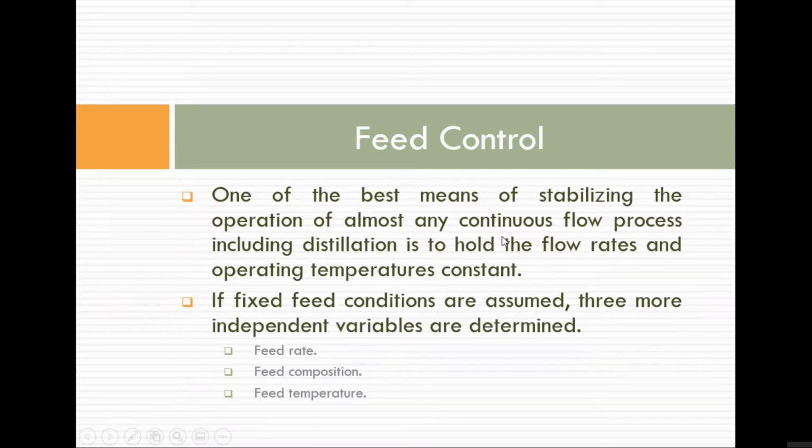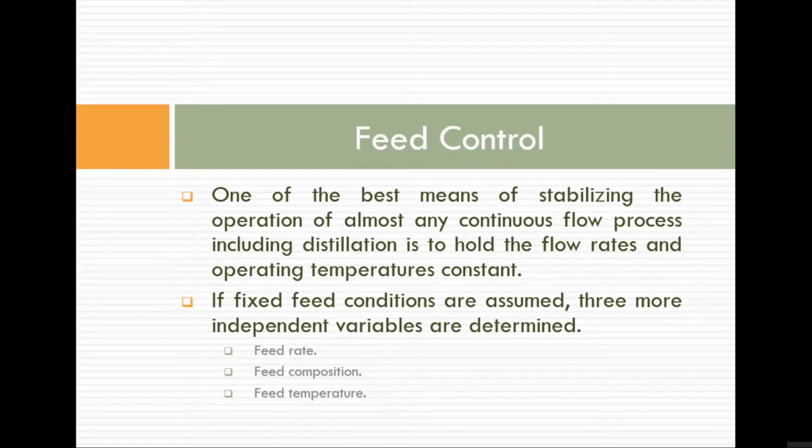Okay. So I told you, if we want to maintain the equilibrium condition of the distillation tower, in some textbooks you can see that instead of equilibrium condition, they say to stabilize the distillation tower. Stabilizing means that one is working satisfactorily. Okay, that one is at equilibrium. So in order to maintain the equilibrium condition, we need to maintain the feed quality constant.